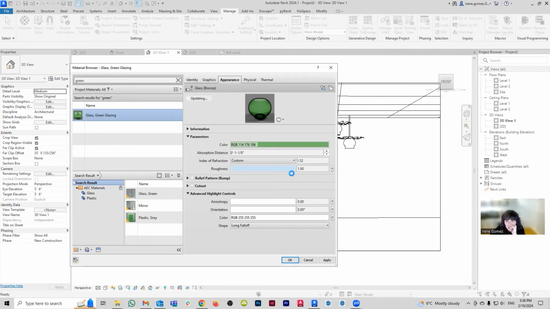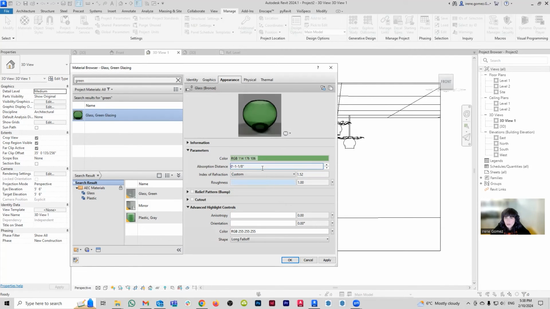Mm, God dang it. I want this to be a little bit thicker. And it's not highlights, definitely. So I'm going to reduce, probably I can go halfway through for the roughness, something like that. And I think it's going to be the absorption distance, but I'm not sure how much I'm going to be able to play with this. Right now it's set up to 1 inch and something. So what happens if I make that 6 inches? This is the part that is tricky. And usually when it comes to rendering, I rather work with something like Enscape or V-Ray or Twinmotion to render my Revit renderings, because the default Revit rendering is not the greatest, to be honest with you.